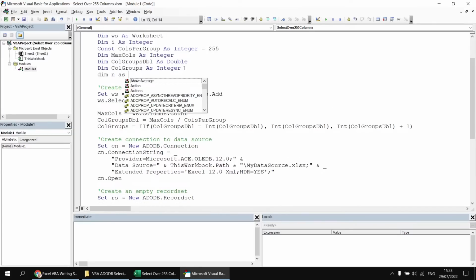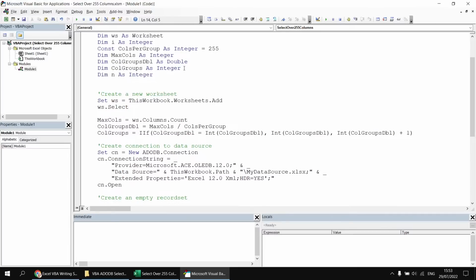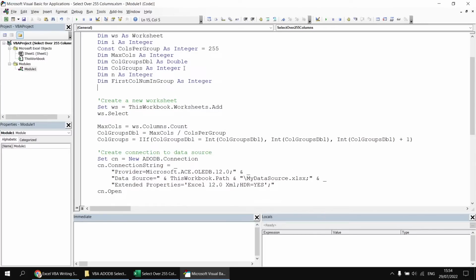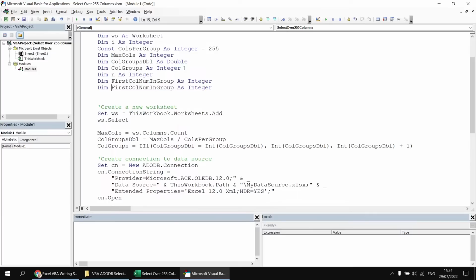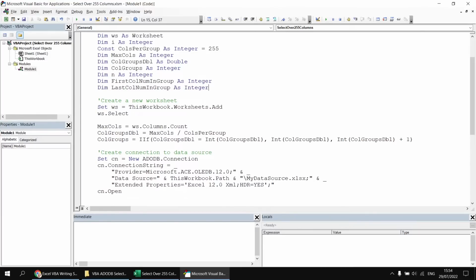Let's say something like dim n as integer for our basic loop counter. And then let's also say dim first col num in group as integer. And then let's just quickly copy and paste that to cheat and call that one last col num in group. Okay, now we can set up our